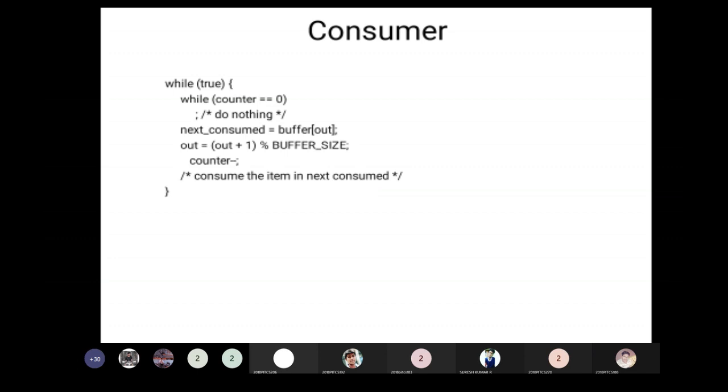So using this counter variable and the buffer size, the producer and consumer are synchronized with each other, so that the producer will not produce items beyond the capacity of the buffer and the consumer will not consume when the buffer is empty. In this way, producer and consumer synchronization is achieved.